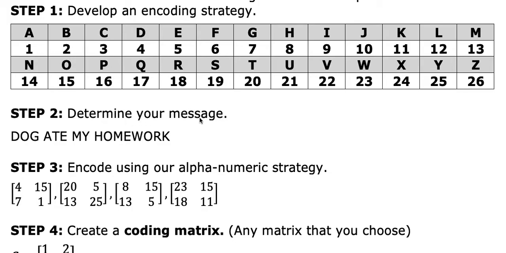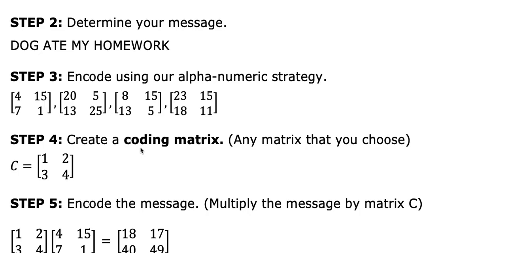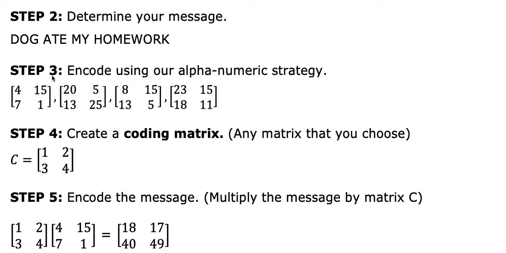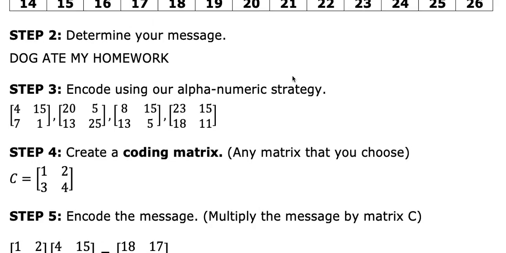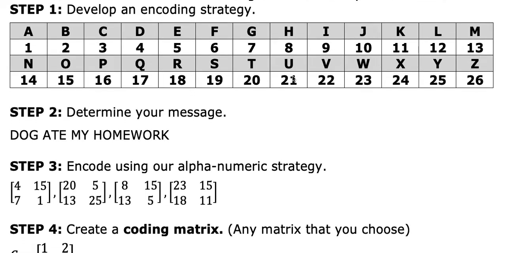Step 2, determine your message. Dog ate my homework. Part-time comedians writing these textbooks. Step 3, encode using our alphanumeric strategy. So let's take a look at how this is being encoded. 4 is D, 15 is O, 7 is G, and 1 is A. So it's a 2 by 2 matrix reading left to right just like a book,